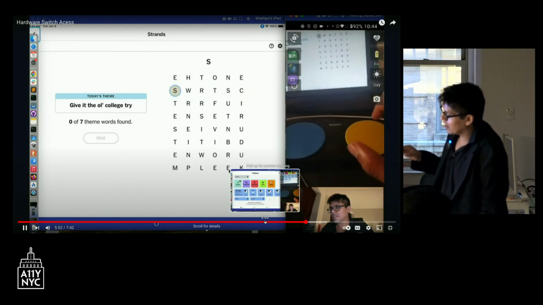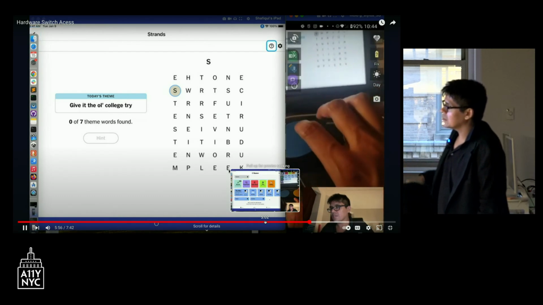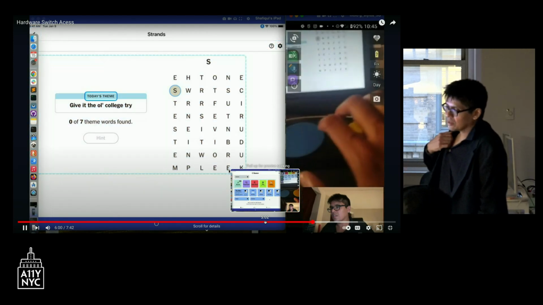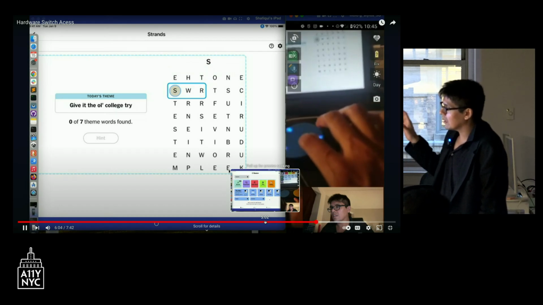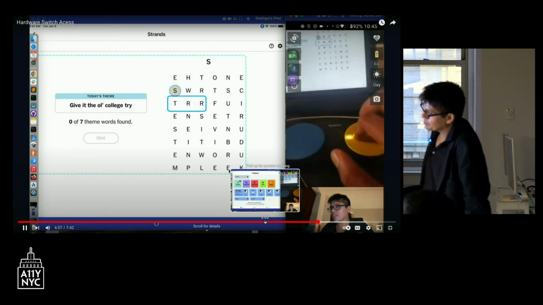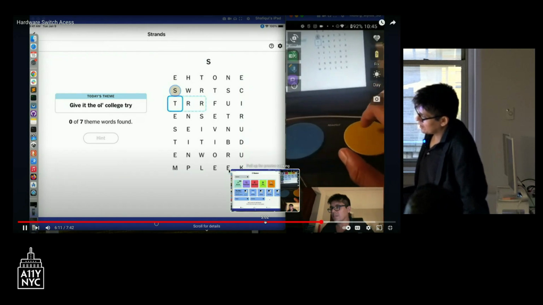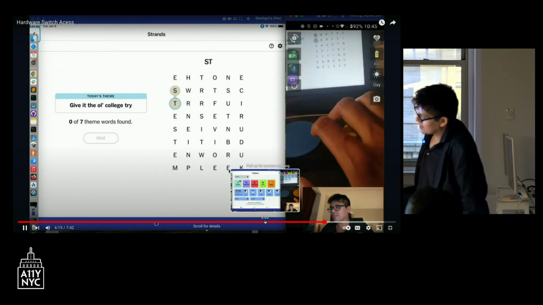Okay, and let me select the next letter. The point is that I've configured the switches to be move left and select. But I can also combine these with additional switches to make it more dynamic. Let me try T. And let me go.